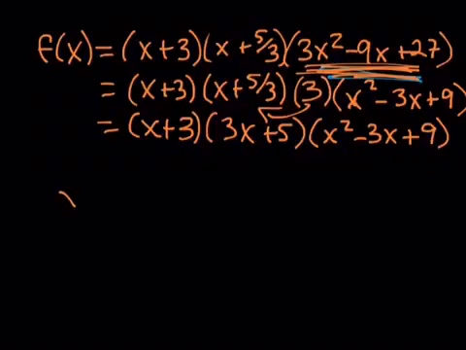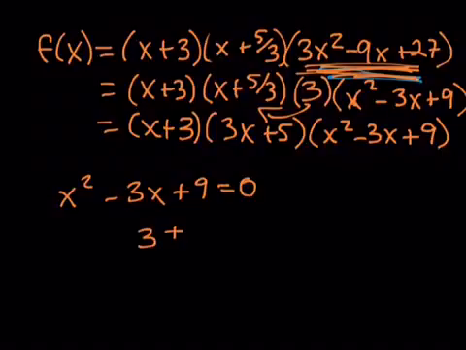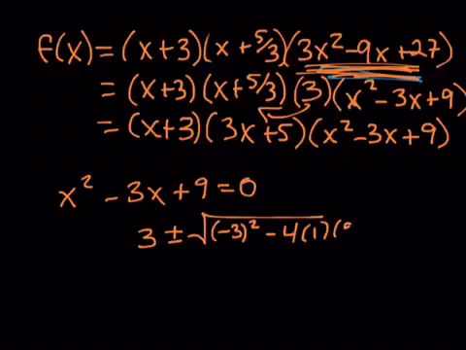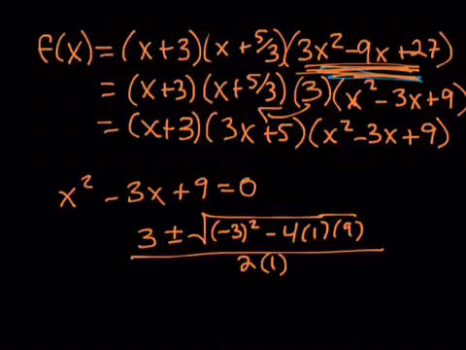Okay, so I have x squared minus 3x plus 9 equals 0. And then using the quadratic formula, we would have the opposite of b plus or minus the square root of b squared minus 4 times a times c, all over 2 times a. So that's going to be 3 plus or minus, and this is going to be 9 minus 36. Let's see, negative 27